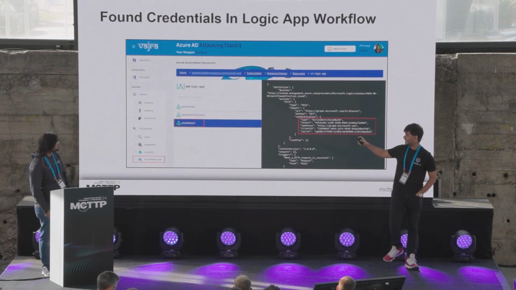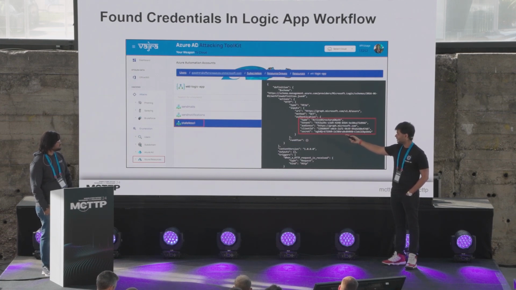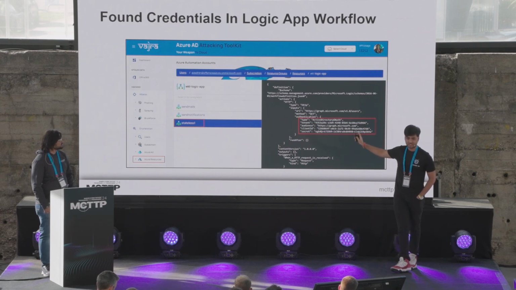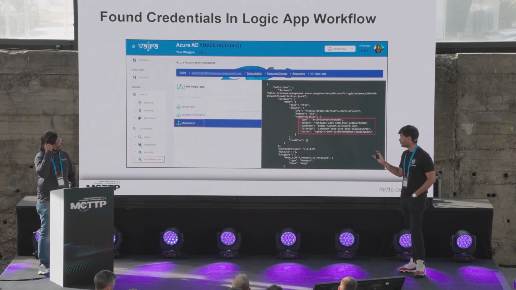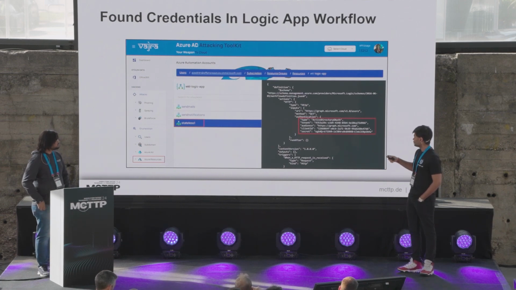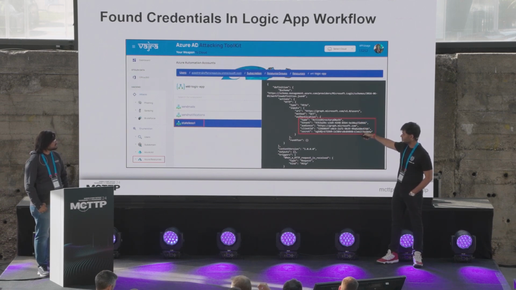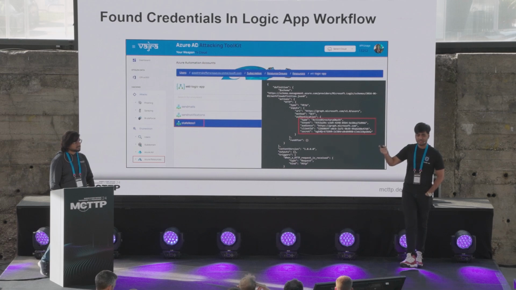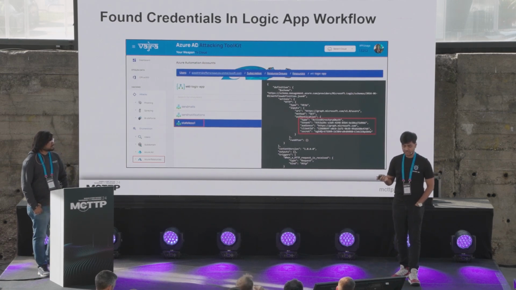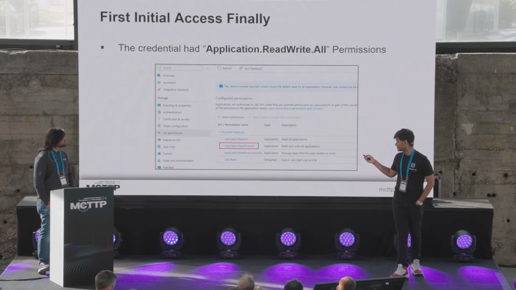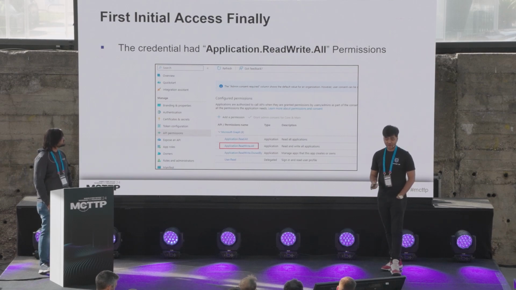Here you can see we had a logic app, and within one of the logic workflows, we found something like this. This is something we developed in a lab, very similar to what we got in the assessment. Here you can see there was a /users API call through this service principal. They were just doing some read activity. Once we found this service principal, we quickly found out that it has Application.ReadWrite.All permissions, which is basically a shadow admin.